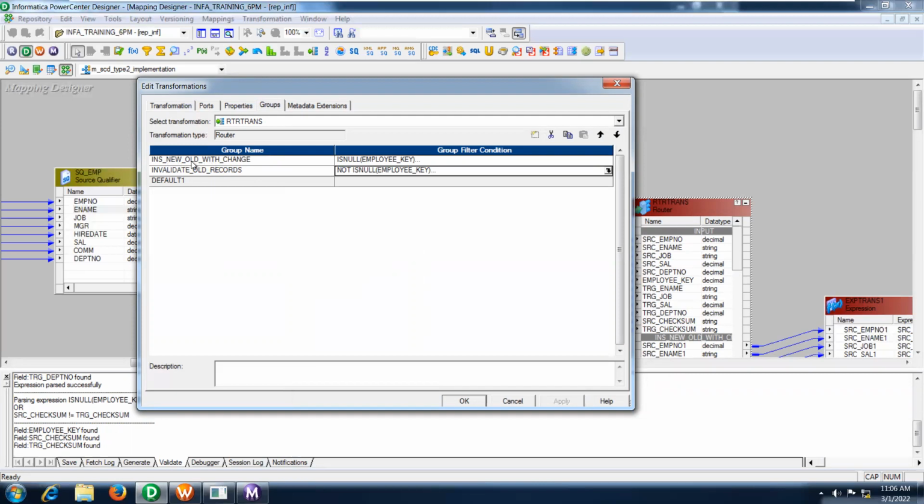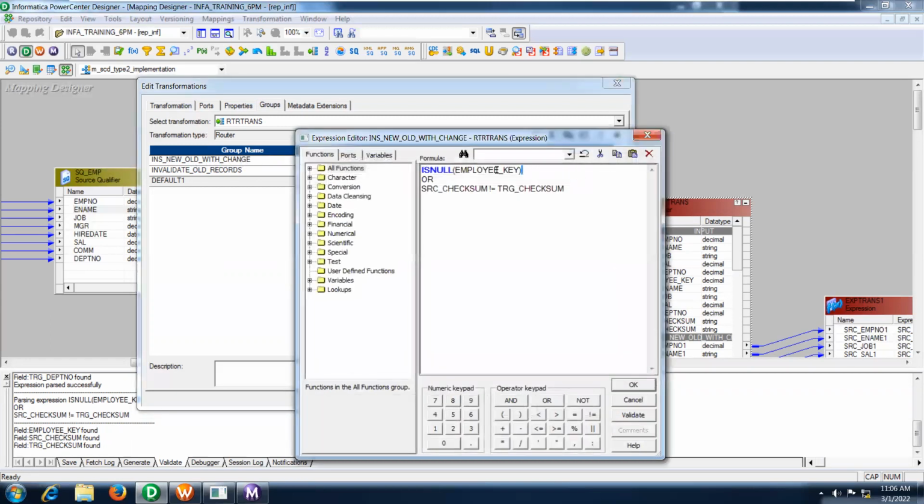Insert new, old with change. It is nothing but if any record is a new record, is null of employee key means no record is available at the target level, and that is going to be inserted in this pipeline.